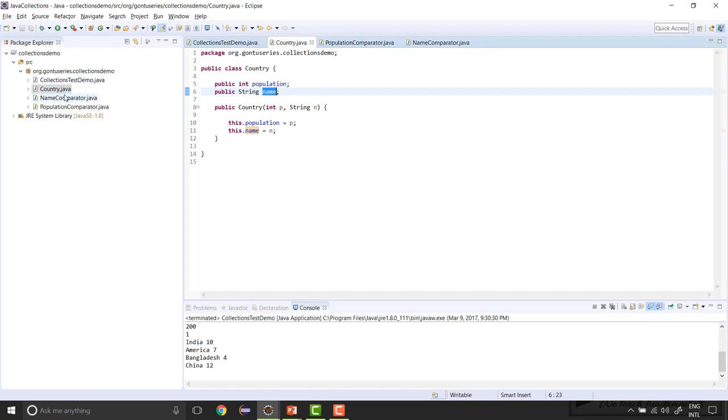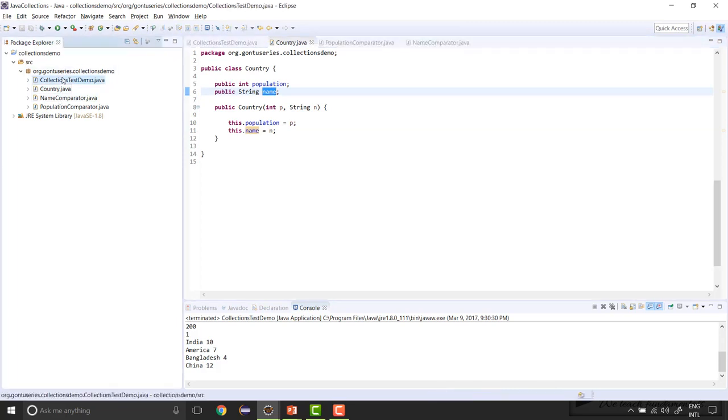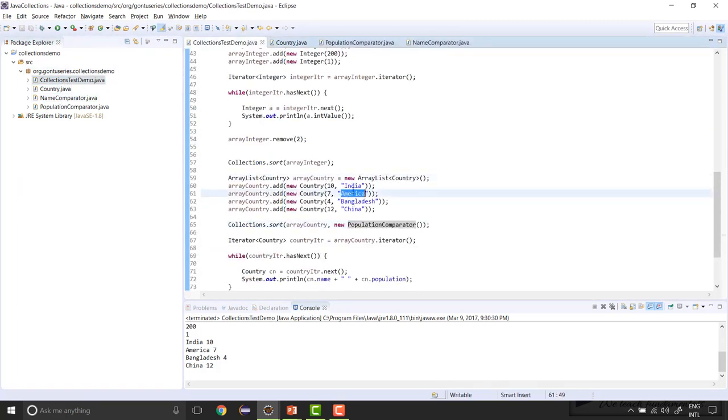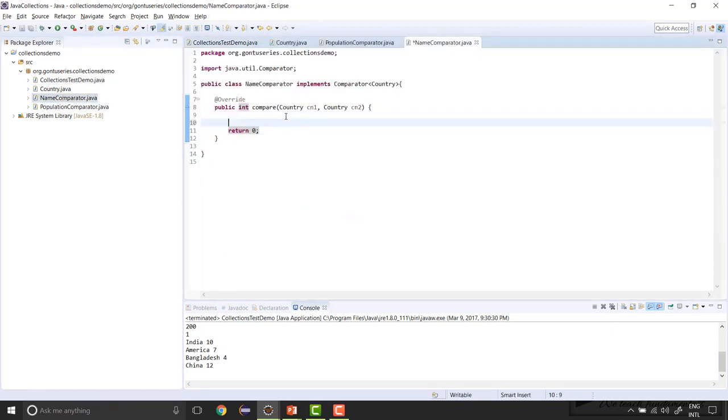So what we have to do here is compare the characters we have stored in the string, one by one, so that we can know what comes first and what comes second. So you have to write that whole logic here. Now one way is that you write the whole logic and then you return 0, 1 or -1 based on that logic. And second is you make use of one more facility which is provided in Java,